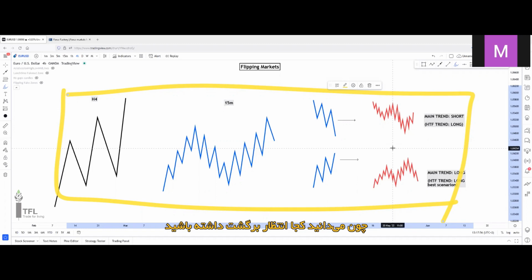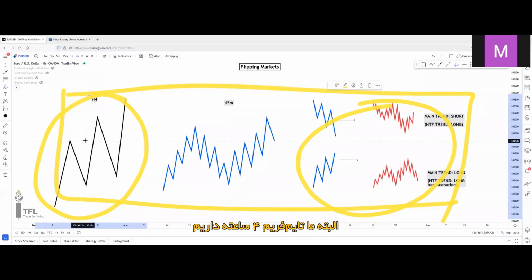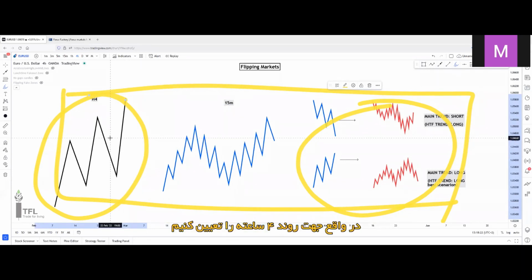know where you can expect a reversal, where you can expect a turning point, where you can expect a break, or if you can trap in a trade or not. So combining all of this knowledge, the lower time frame and the higher time frame knowledge, will make you unstoppable. And of course, there's also the 4-hour chart. But this 4-hour chart is only for the main bias direction. So we know where the market is actually heading. If we determine the 4-hour trend, we'll know where the market is heading and when we can expect a reversal point and